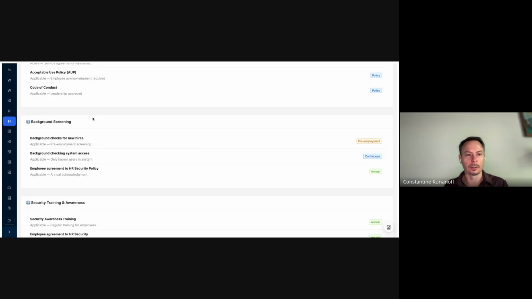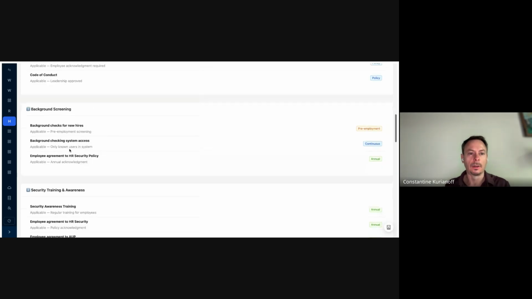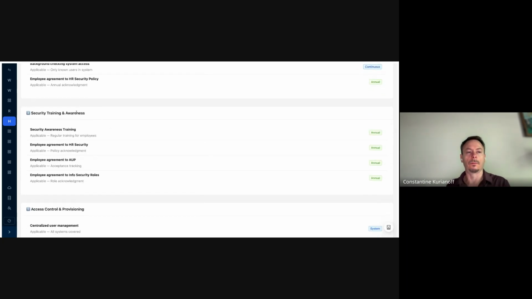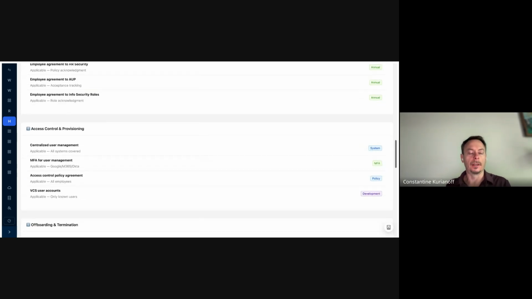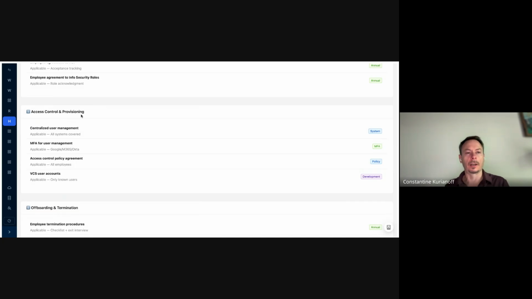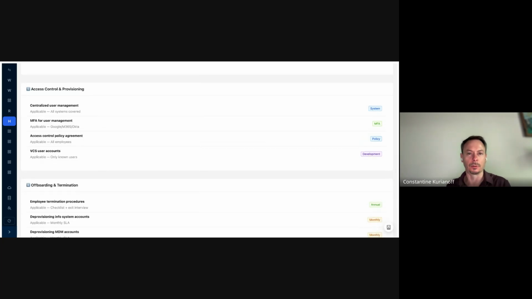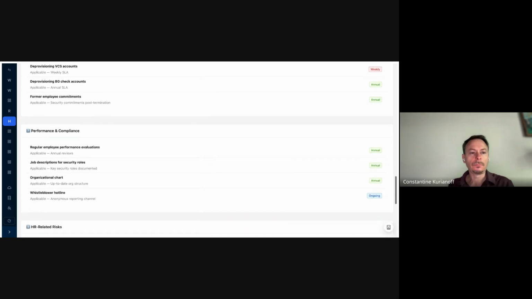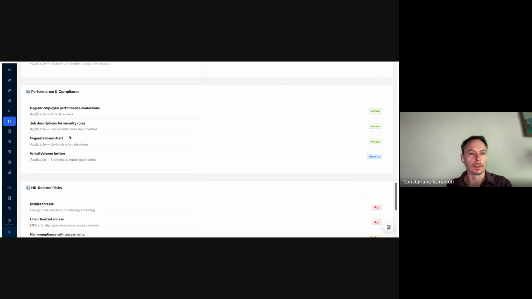The procedures, like background screening and when it happens. Then another procedure is security training. And then how access control and provisioning works for all those people, right? Because we're touching a little bit of the IT side here, offboarding and termination, performance and compliance.